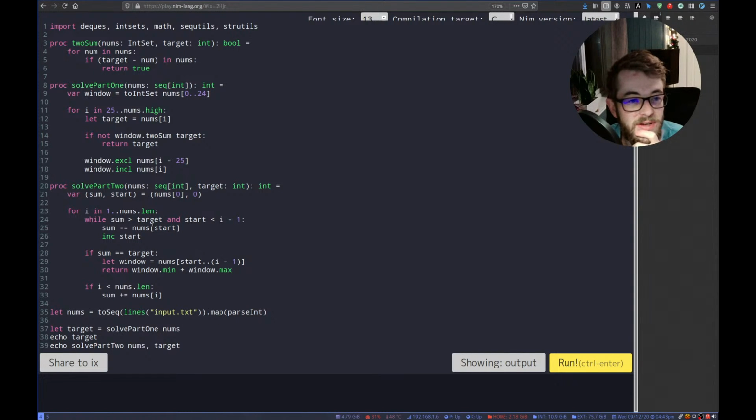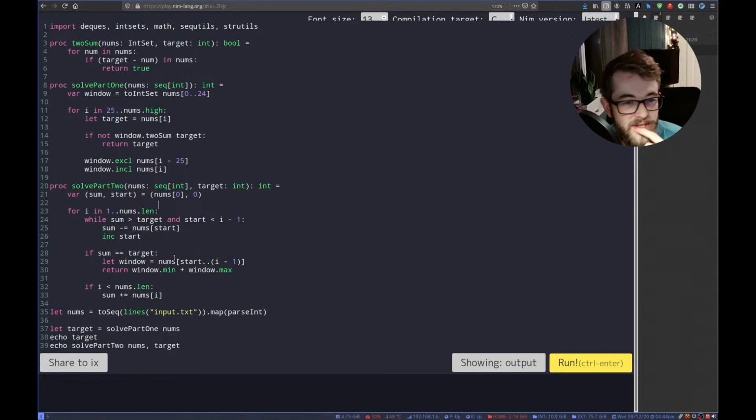While the sum is larger than the target, and start is smaller than i minus 1, you decrease the sum, basically moving your start upwards, and increase the start. Right, okay, I guess that makes sense.